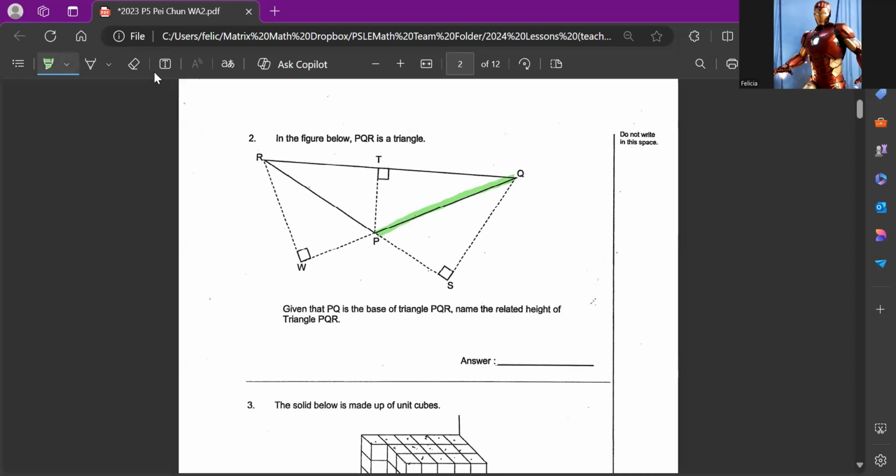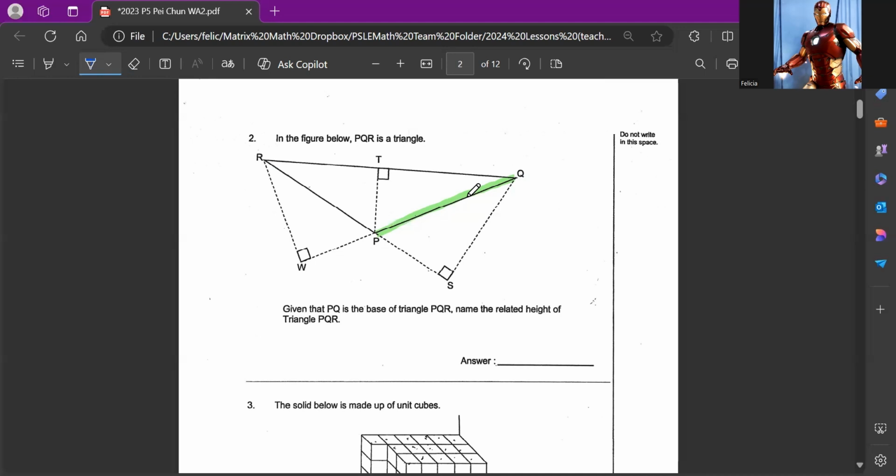So they said name the related height of triangle PQR. So this is a very commonly tested question. They are basically trying to test you to see whether you are able to identify the height that is corresponding, partnering with the base that is provided. Okay, so remember the two conditions for the height to happen. The height must be perpendicular to the indicated base. That's number 1. Number 2 is that the height must be touching the corner of the triangle that's opposite